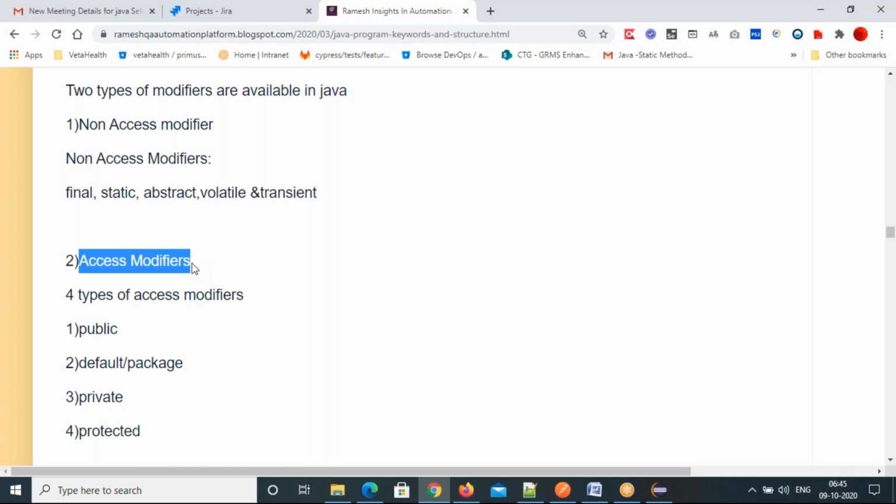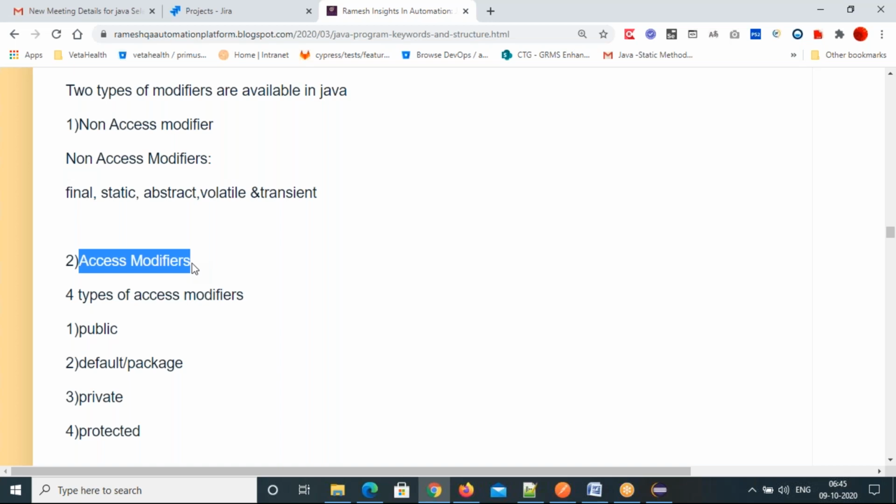Blocks won't use access modifiers. You can apply access modifiers only on the class, variables, methods, and constructors. These four places only.